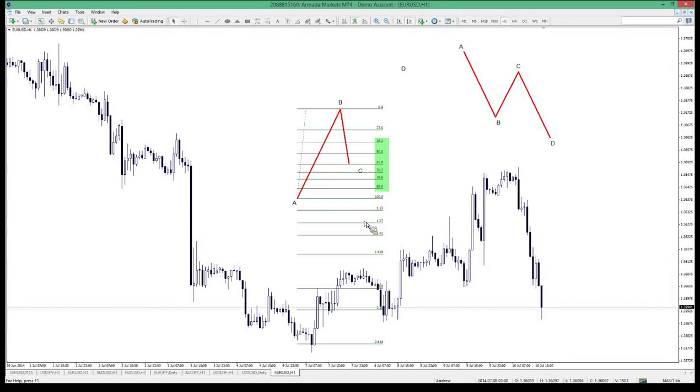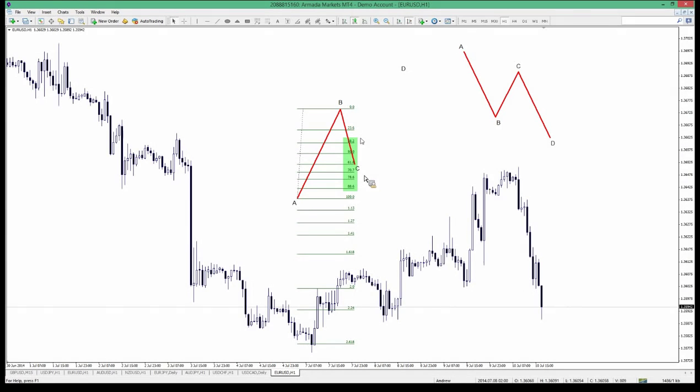Now, the most ideal ABCD pattern is a stall out at exactly the 618 Fibonacci retracement of A to B. Okay, so I'm going to use that as a guidance for today. You guys can go play with it. Now, in terms of these retracements, when you start seeing price stall out at one of these specific retracements,